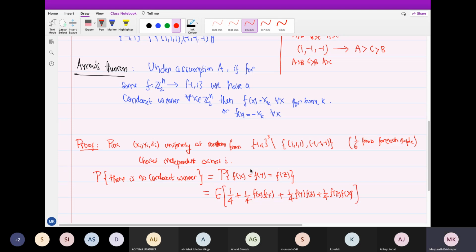Okay, why is that? Each of these is plus or minus 1, right? So just take any three plus-minus 1 values. If all of them are equal, then these three products are 1, 1, 1. So you get 1/4, 1/4, 1/4, 1/4. This total will be 1. What if they are not all equal? Then two of them will be equal and the other one will be different. So let's say fx and fy are equal and fz is different. Then fx fy will be +1, whereas two of the products will be -1, right? So if they are not all the same, then two of these will be -1 and one of them will be +1, and you get complete cancellation: two 1/4 and two -1/4. So this is 0 or 1.